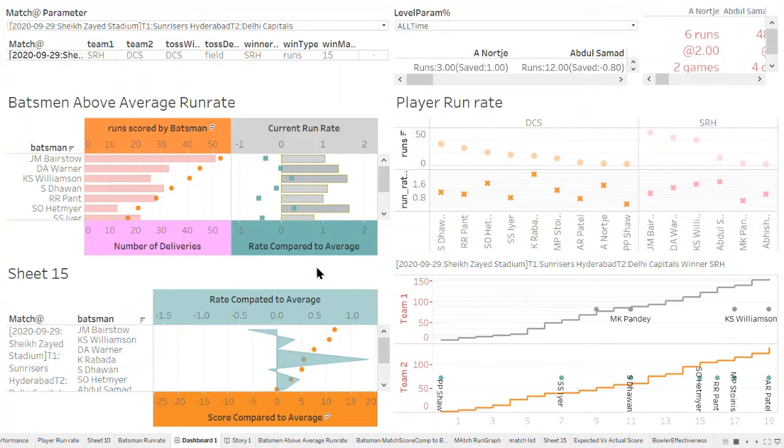So welcome back to the continuation of the visualization for the IPL T20. We were looking at a September 29th game between Delhi Capitals and Sunrisers Hyderabad, and I was showing you this visualization right here. So what this shows me